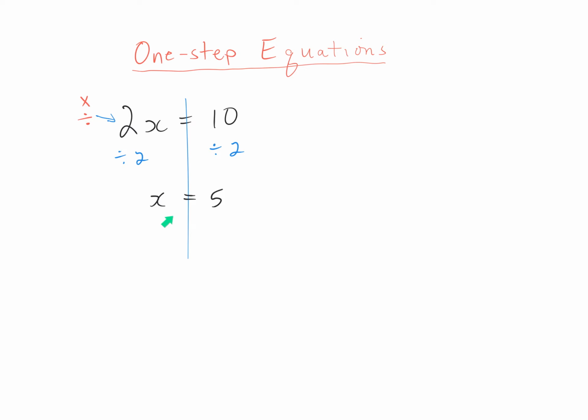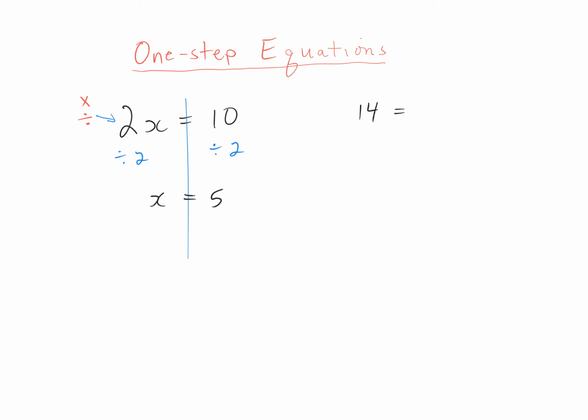So here's our answer. Here's how we show our work. Divide both sides by 2, and that's how we get our answer, okay? We did it by applying the opposite operation of what was happening. This is 2 times x, so we divide both sides by 2. Let's try another one. Let's say I've got